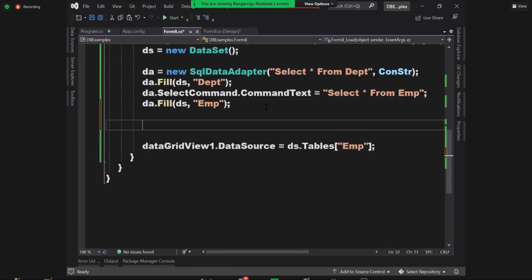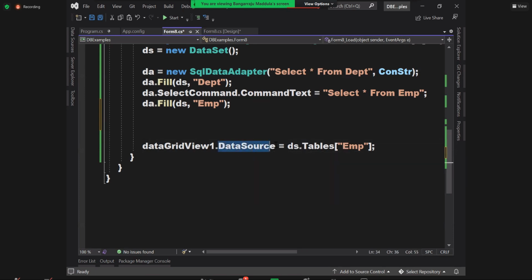Remember when I explained the list controls, combo box, list box, checklist box, I said there are multiple ways to load values into them. Three options I showed you. One is in the property window, you can add a value. Second, a method called Items.Add. Third, Items.AddRange. Fourth option,